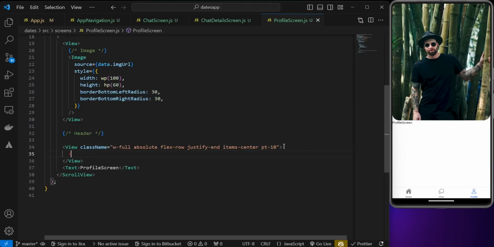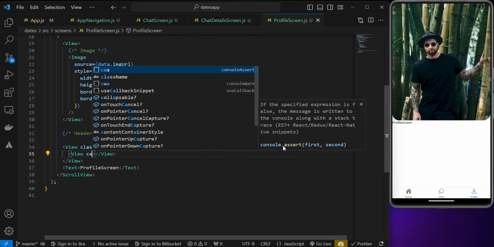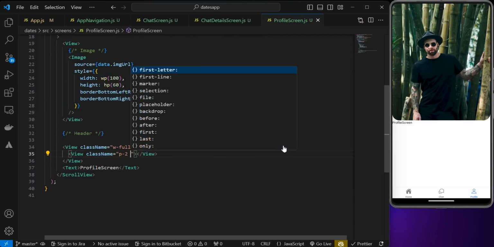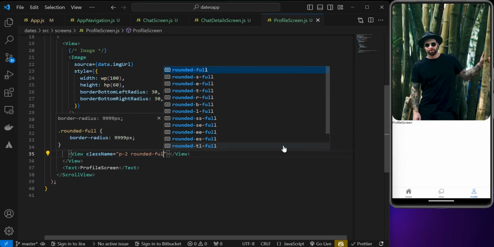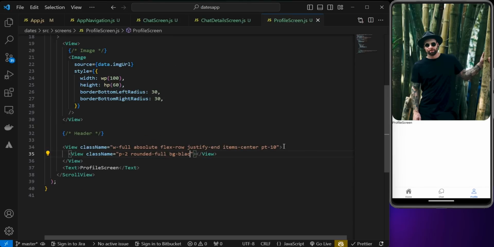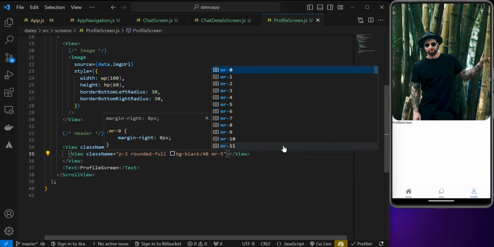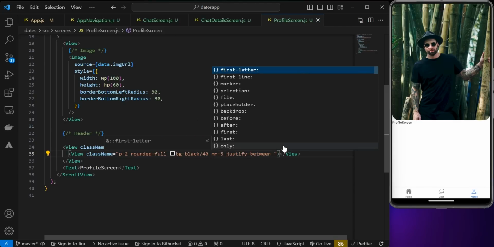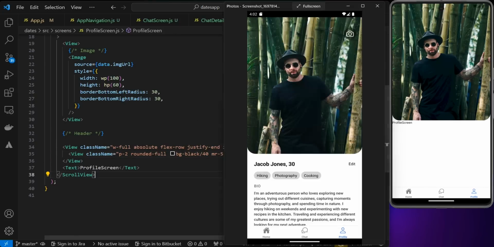And inside of this view also I want to have another view, and the class name is going to be padding of 2, rounded of full, bg black over 40, margin right of 5, justify of center,